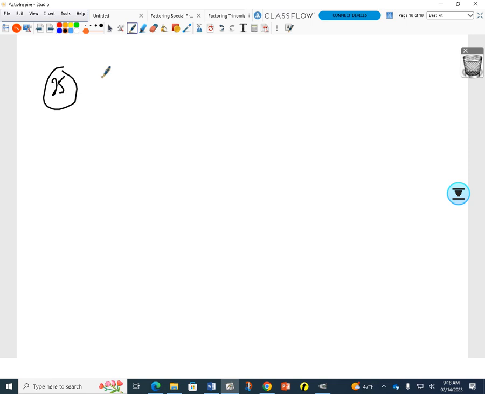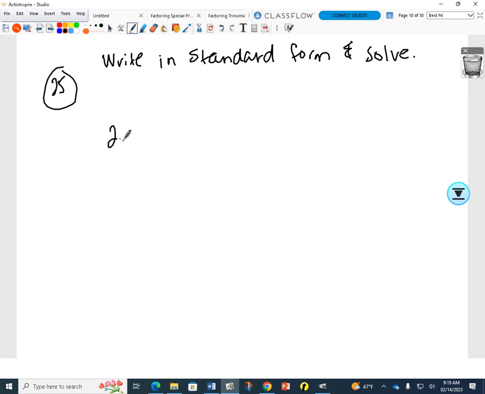We're not going to solve in this example, but I do want to remind you how to write in standard form if you have a bunch of terms. So write in standard form. We are not going to solve. You do have to solve for homework. Your problem that you're doing, 26, has a lot smaller numbers than this one, so it shouldn't be too bad. So the example is 21x squared plus 5x minus 35